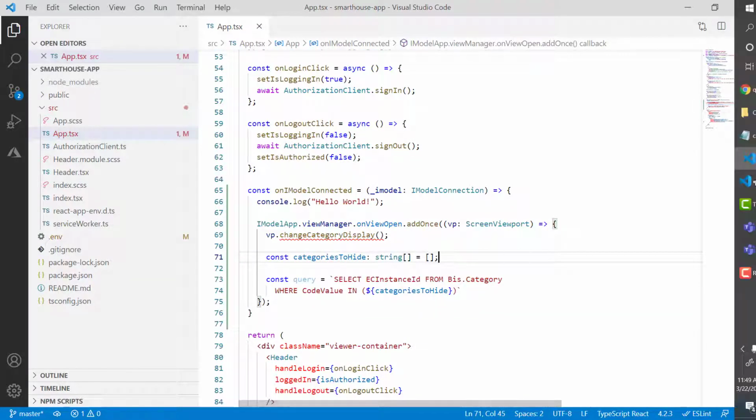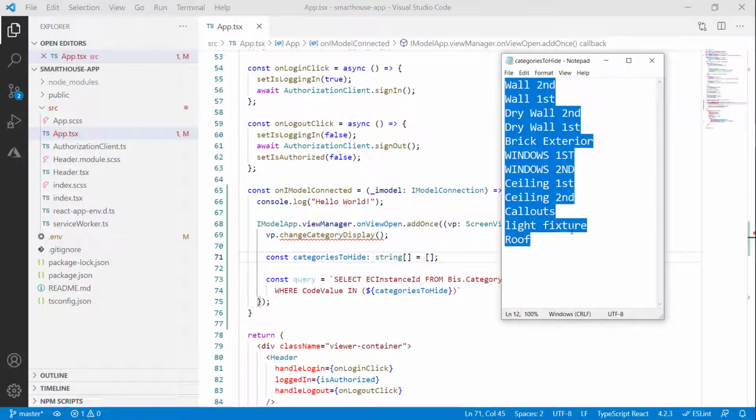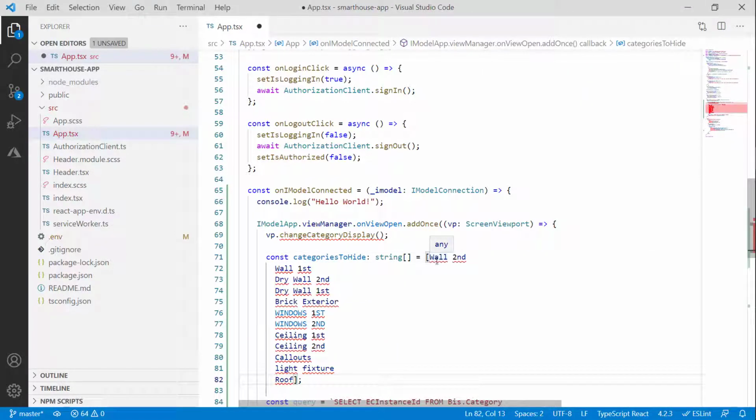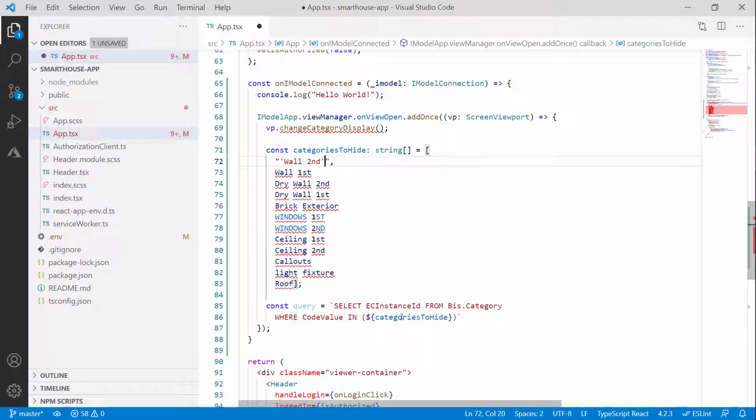And then we'll need to copy out our list of categories to hide from here. Let's copy that over and paste it. And oh no, that's a mess. So what do we need here? We need to turn them into strings. But keep in mind, we also need to add the quotes within our ECSQL statement in the IN clause. So these are strings, and we want to make sure we add that extra quote so ECSQL can understand them